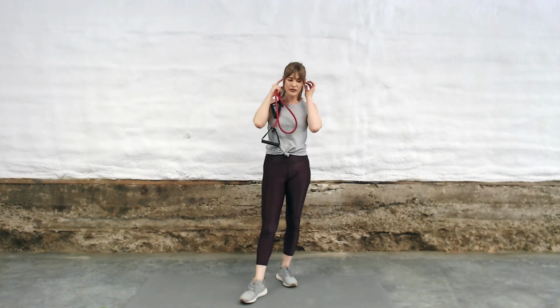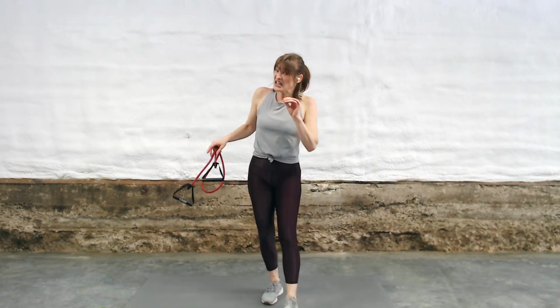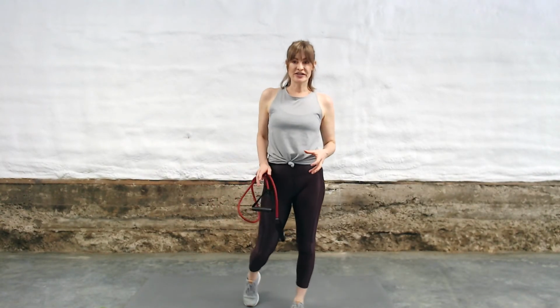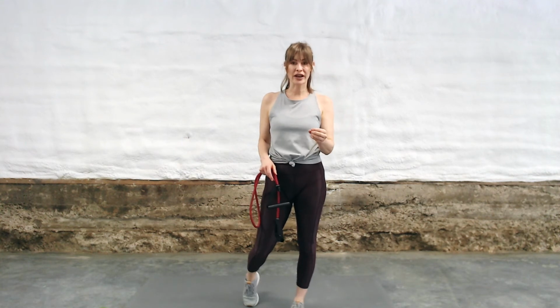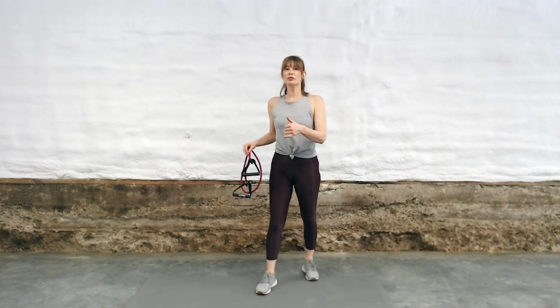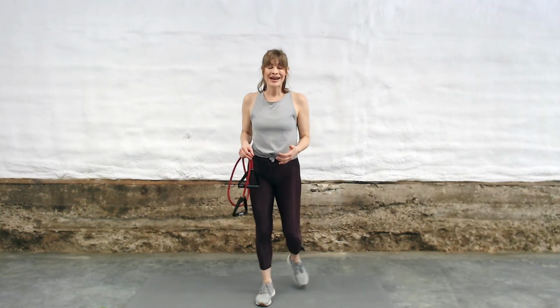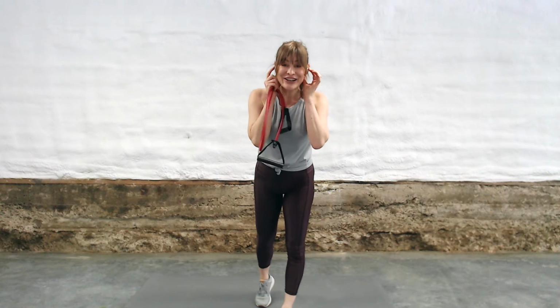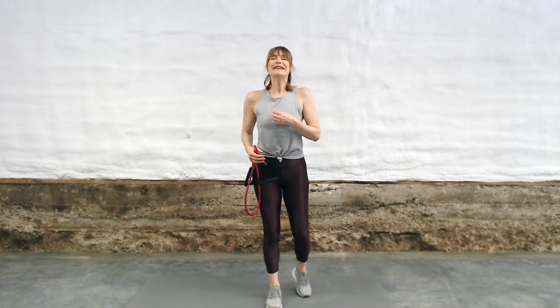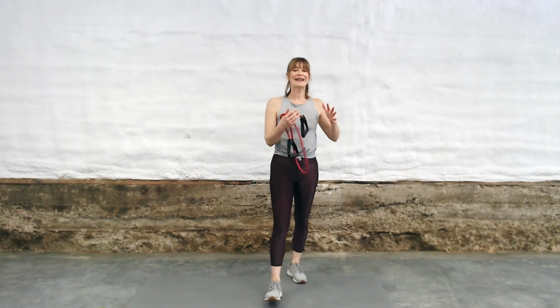Now, listen up. For those of you that love the high intensity, high heart rate, sweaty workout, that's actually not the intention here. The intention here is that these supersets are so challenging that you need a couple seconds of rest. So if you don't need rest in between your sets, I implore you to get yourself some heavier resistance. This is a strength building workout, and in order to do that, we've got to challenge you in the set, and then you need a little bit of a rest so that you can go back to the next set